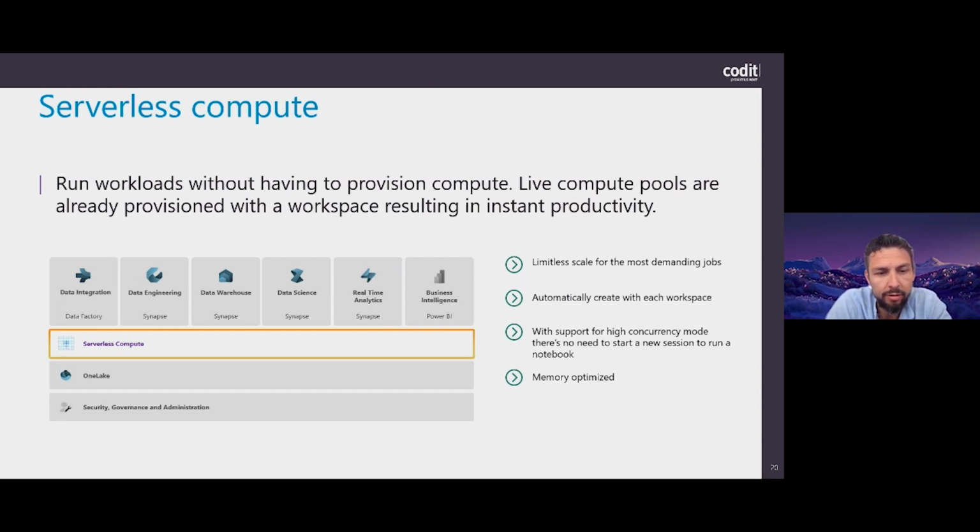It scales, it's assigned to your workspace, which I'll come back to a little bit later, but everything is organized according to workspaces. So for every use case you want to implement, you will create a workspace, and then you can assign some serverless compute into there. Most of them are also memory optimized. So if you're doing a lot of queries on the same data, it will be able to do some caching and other things, so you may have some gains there in response times.